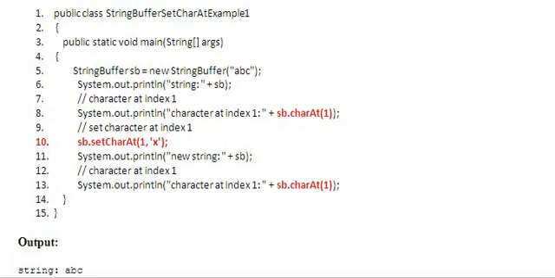So we have one more function, setCharAt. You can set a specific character at a certain index. Look at line number 8 and 10 and 13 clearly. In line number 8 we used sb.charAt of 1.